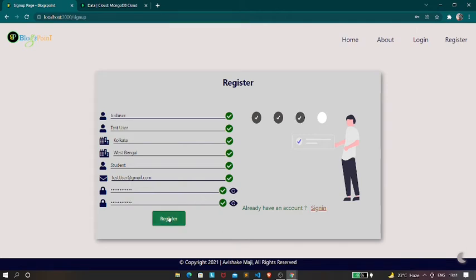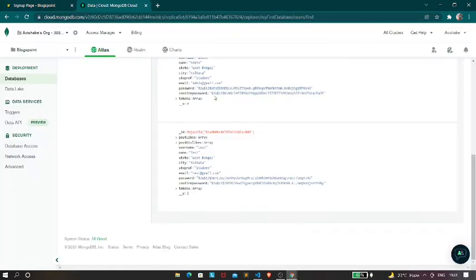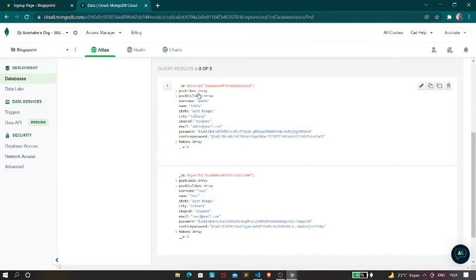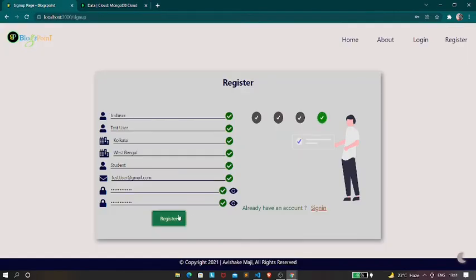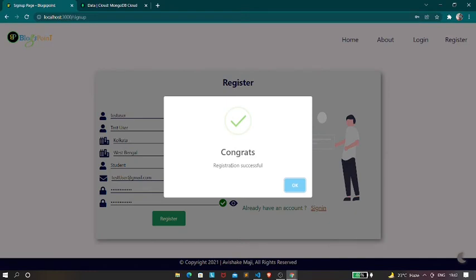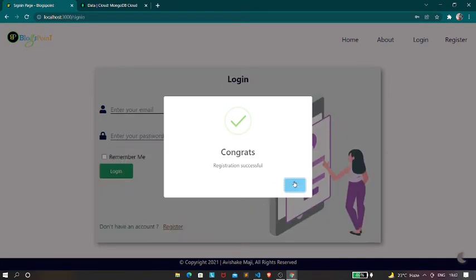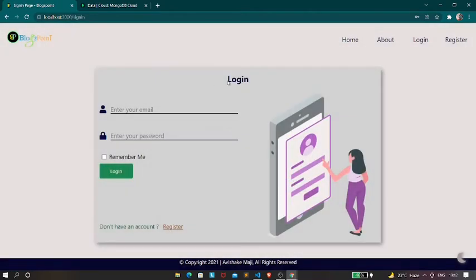So now let's register. Before registering, you can see that we currently have two users. One is the admin and another one is the test user. If you click on this register button, it is showing me congratulations, registration successful, and it has redirected me to the login page.